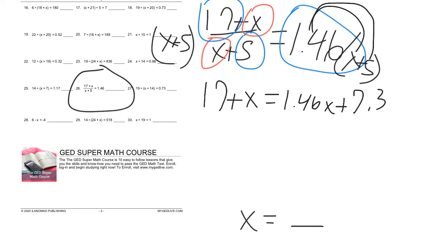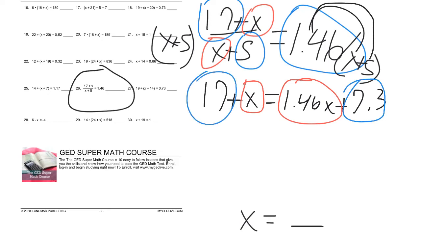We've made some headway, but now we again have like terms here and there. So we're still going to be combining like terms by doing the opposite. The next opposite I'm going to choose, and it doesn't really matter which order you do it in, is minus 17. And because I did it to that side, I'm going to do minus 17 from this side. So of course, that's going to give me 9.7 here, and that gets rid of it there. And so now that gives me x equals